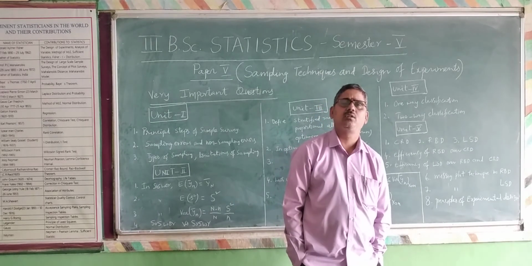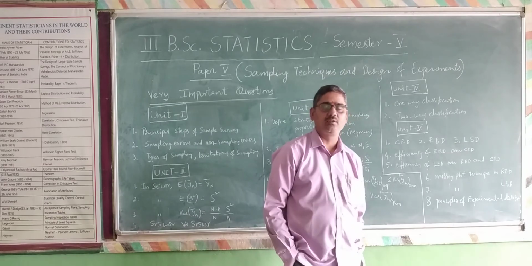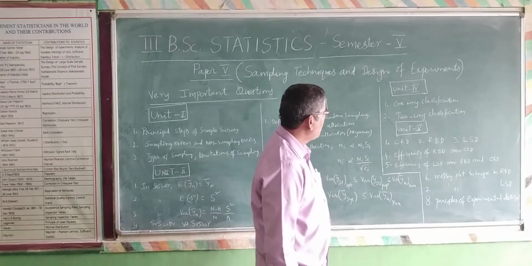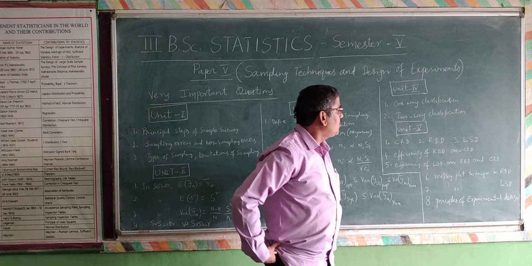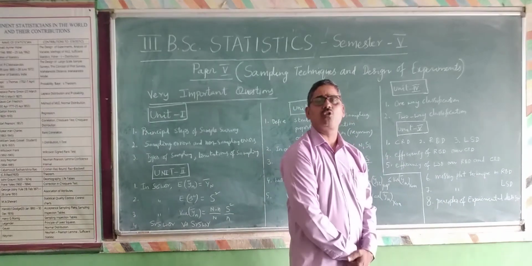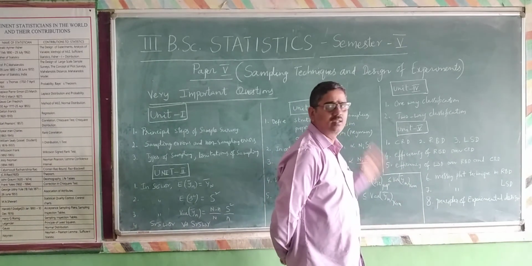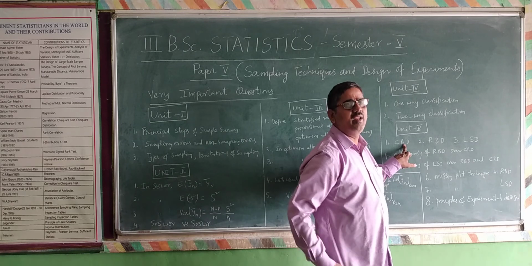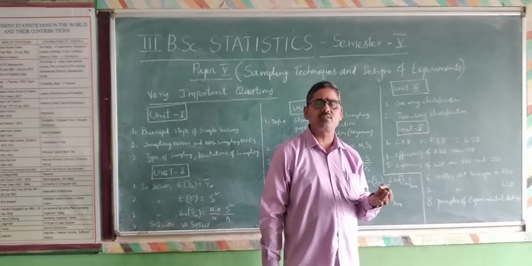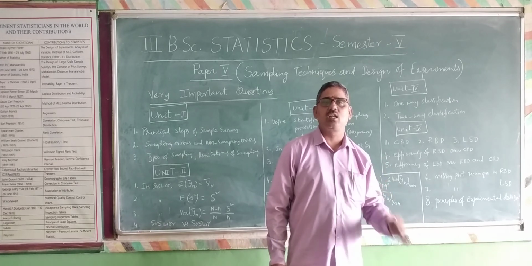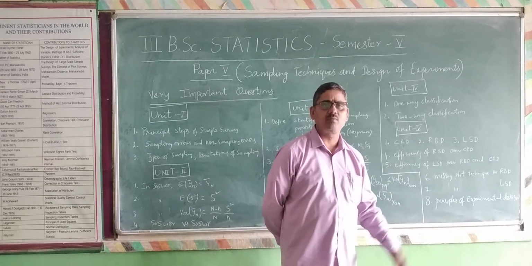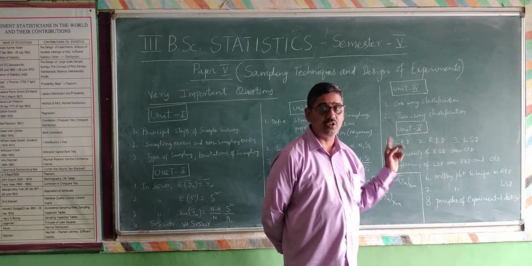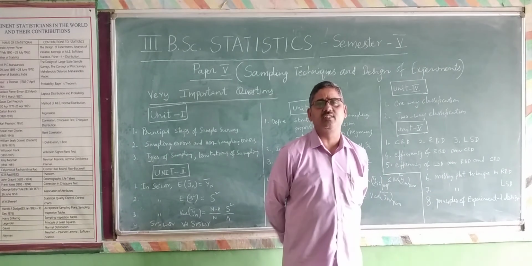These are the three important principles, which are also useful in short questions. Maybe one particular principle, such as local control, may be asked. You get that from the short questions as well. Now, this is the one unit which has more syllabus than the remaining units. So you have to read CRD: the definition of CRD, advantages, disadvantages, and then the statistical analysis of CRD, and applications if you have some. For a 10 marks question you have to write that. Otherwise, you can write a simple definition of CRD.